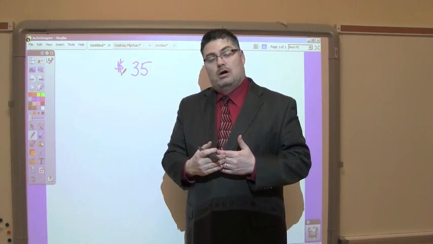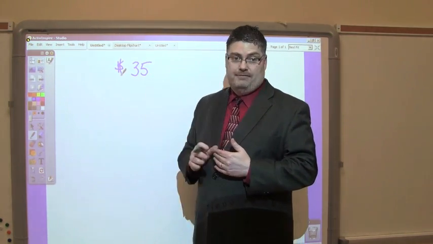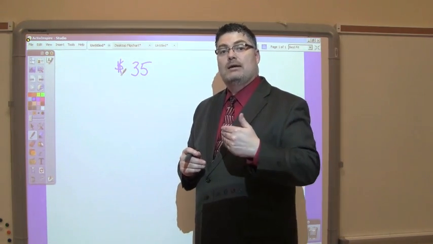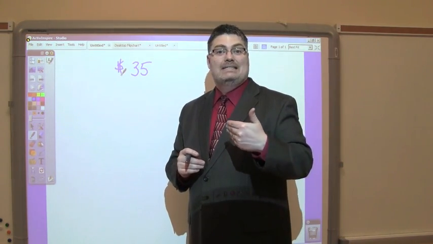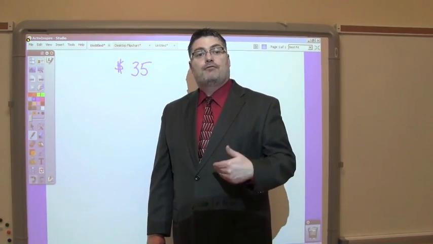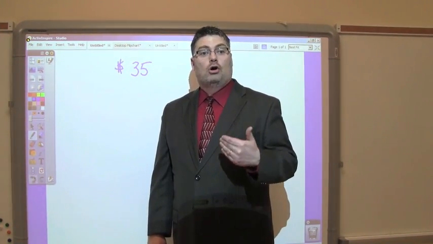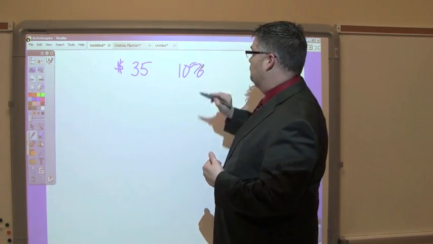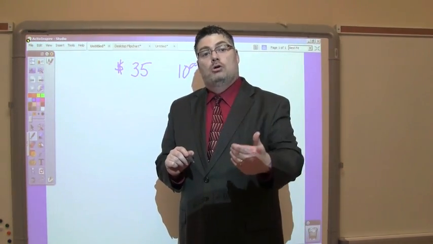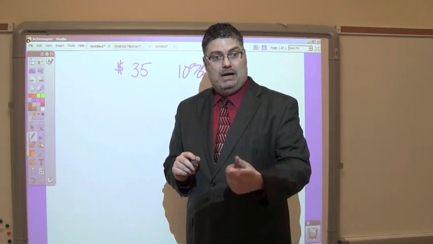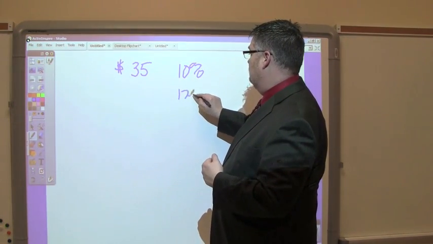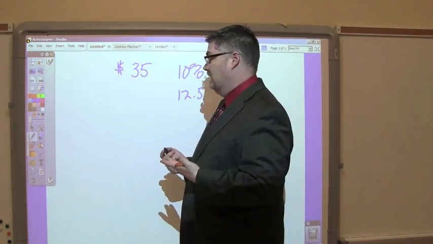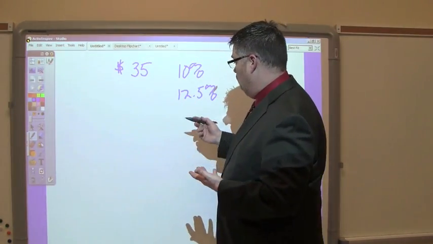However, you are not taxed that $35. What people don't often understand is that there is a rollback, or what I would call a discount. And that discount for a non-owner occupied or an agricultural property is 10%. If you own your house and you occupy your house, that discount is 12.5%. So how are we going to calculate that 12.5% discount? Well, we subtract